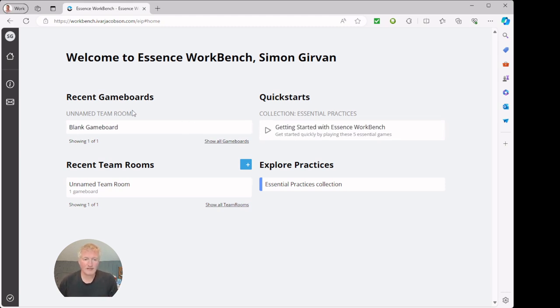Now on this screen I'm in my home page and I've got a single room with a single game board, and you can see the connection here. So the team room is called unnamed team room, and inside unnamed team room there's a blank game board. So if I create a new